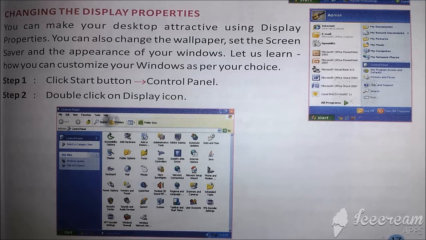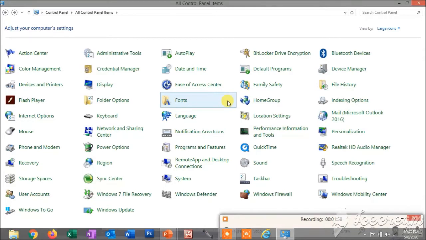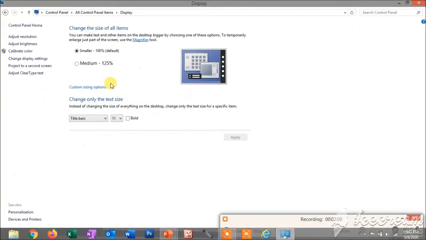Now I will show the demo on the computer. Look, see, be careful. Open the Control Panel, and in this Control Panel you can open the display settings. When you click on this, a dialog box will be available on your screen. Basically this dialog box is available in Windows 8 or Windows 7. In case you are using Windows XP, the dialog box is different. In your book the demo is given on Windows XP, but I am using Windows 8.